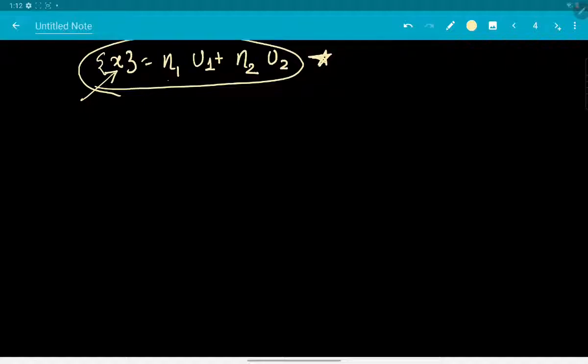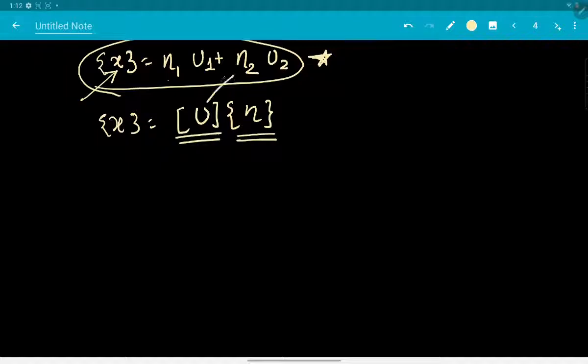1 and eta 2. Which essentially means that I am writing down x as a superposition of these modes, and this is what it is, right? So it is the U matrix and this is the eta vector. It's the same stuff that is written over here, arranged in matrix form. Okay, so this is the solution of the damped